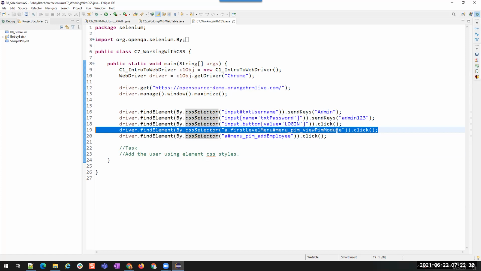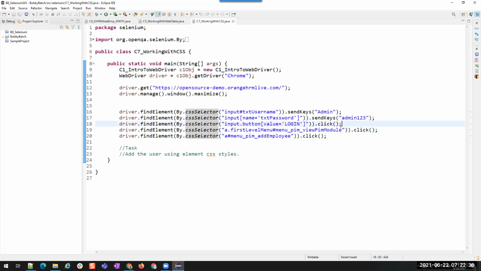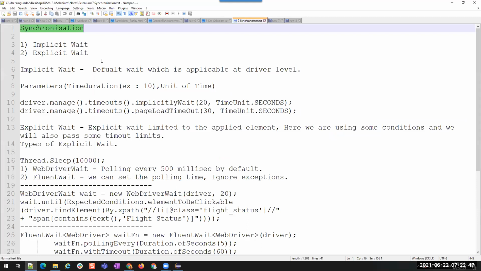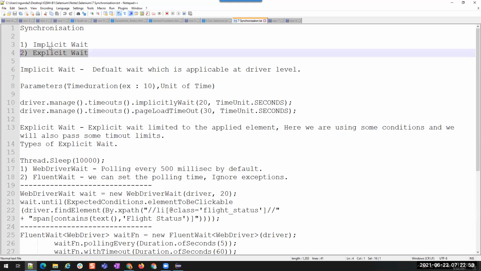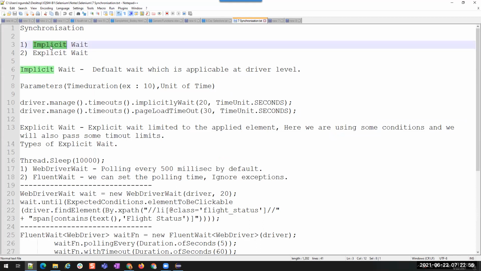So to make your script and the application go at the same pace, same speed, we use synchronization techniques. We have two types of synchronization techniques: implicit wait and explicit wait. Implicit wait is applied at the driver level.